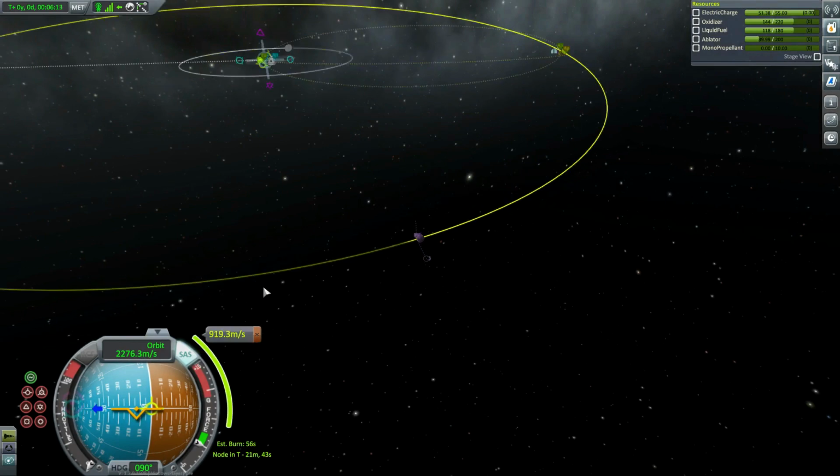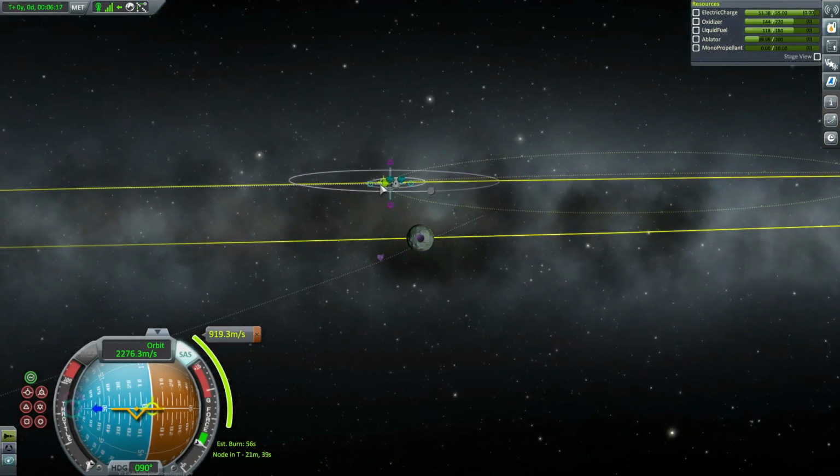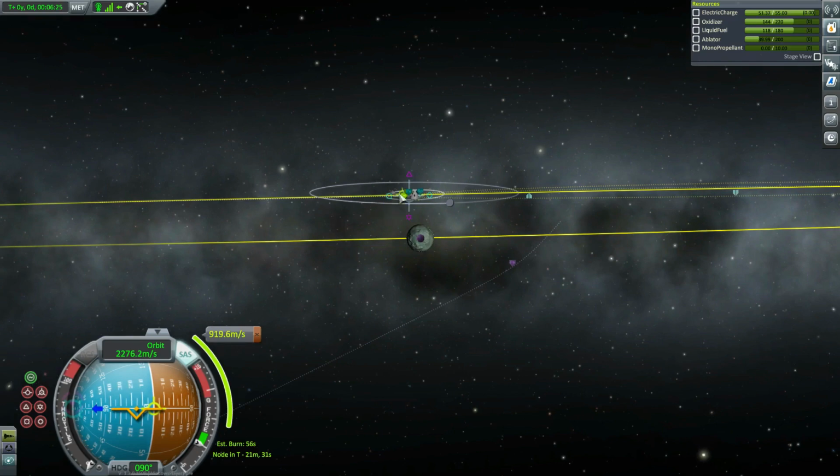Okay, there's our actual connection. Now what I want to do is actually connect to Minmus on the other side. Let's see if I can use the scroll wheel here. My scroll wheel does not want to cooperate with my finger right now. Feels like I've worn off all the...